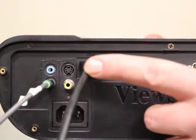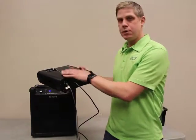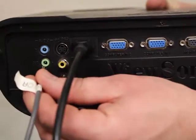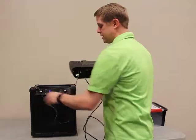The reason being, HDMI carries video and audio, so it's going to carry the video and audio from the DVD player to the projector, and then the projector is going to kick back out the audio to the sound system. So with the provided auxiliary cord, you would just plug it here into the auxiliary port on the sound system,